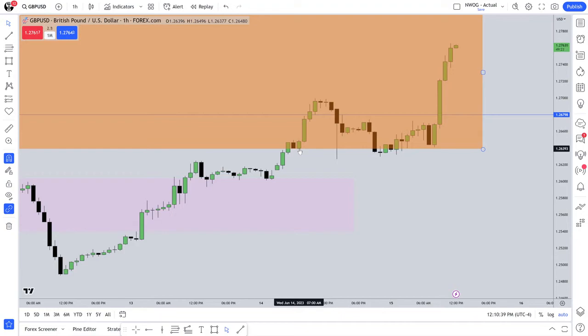What does that mean? I stated on the 13th of June that I was bearish on dollar, and we would want to see the British pound trade up into all of this area here. That's the inefficiency from the weekly chart. It has